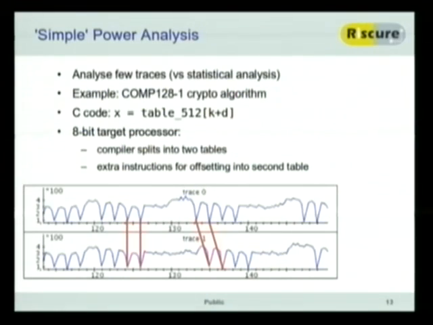Now, that's all very fine, but what are we going to do to break this? Remember, we control D, and we want to know K. So we basically start off by sending D0, and then we send D1, D2, etc. In the first case, we'll stick to these shorter traces. And at some point, at some value for D, we will see that it's actually jumping to the other table. So at that point, we know K plus D equals 256. So we've effectively broken the key there.